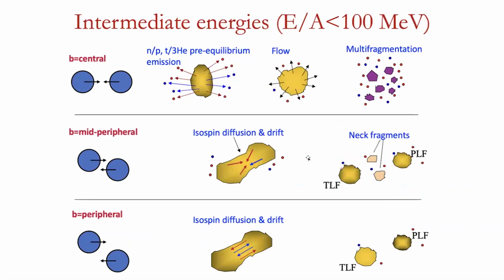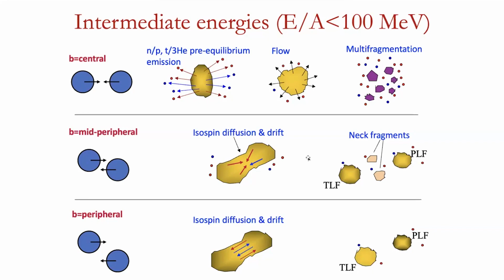This is the type of mechanisms that we use depending on the impact parameter. So in central collisions, as we said before, you have compression, emission of pre-equilibrium particles, flow, and multifragmentation. In mid-peripheral collisions, you have the formation of this neck region between the projectile and the target. This is a low density region where you have the formation of neck fragments. And these neck fragments are sensitive to the symmetry energy, as well as multifragmentation here is also sensitive to the symmetry energy. While in more